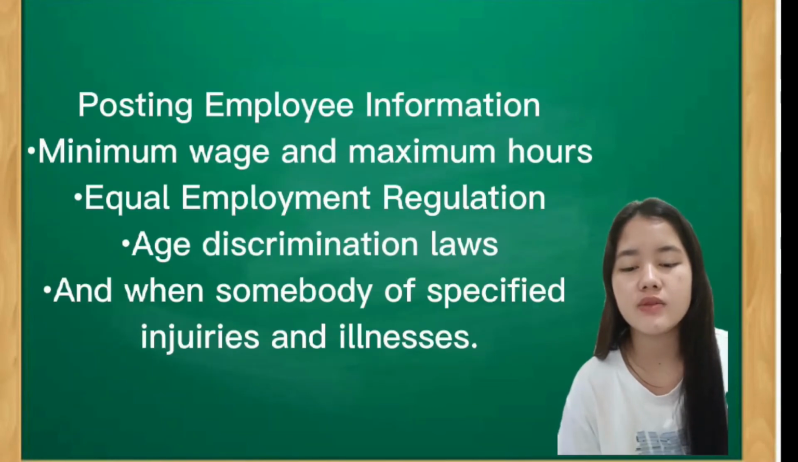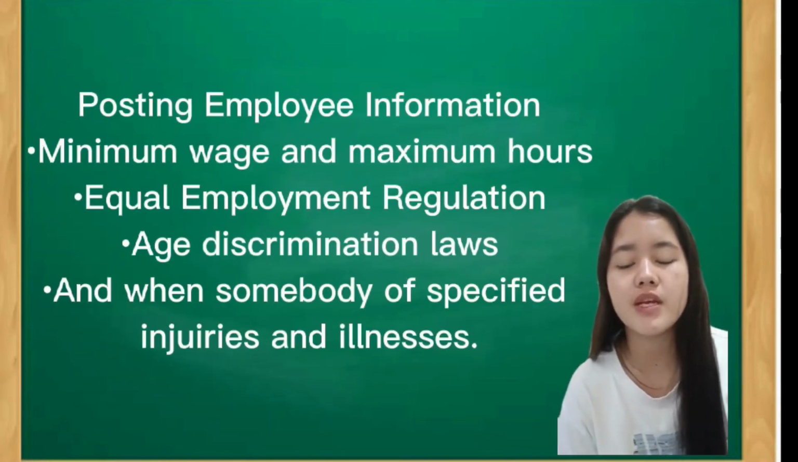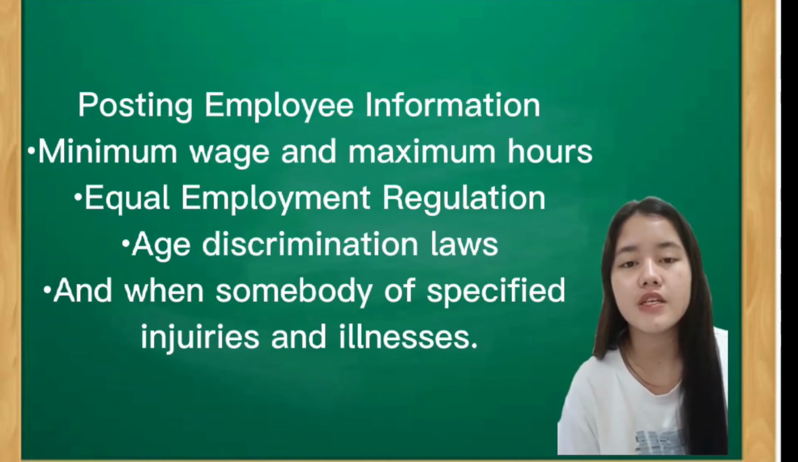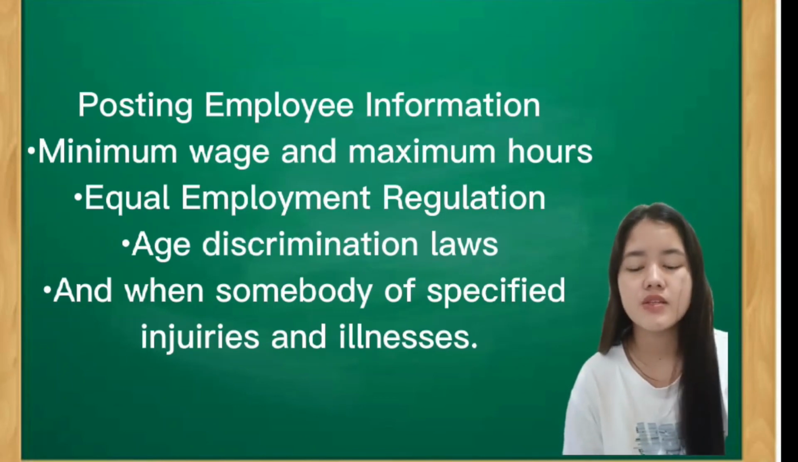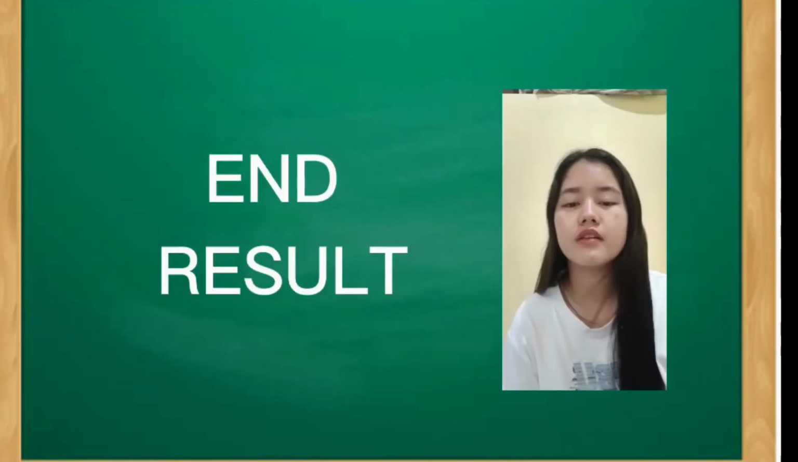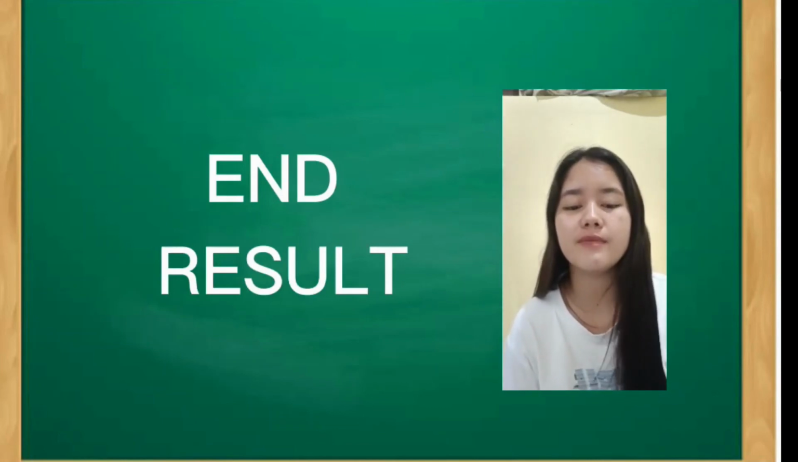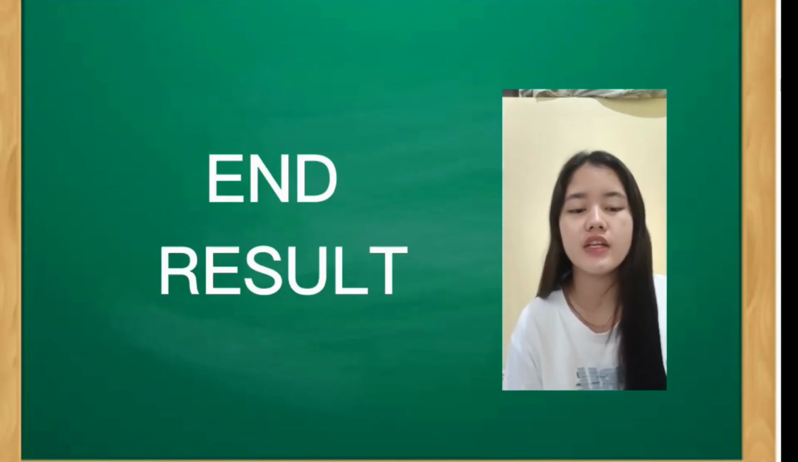And then the next one is posting employee information. Certain information must be posted in conspicuous places used by employees: minimum wage and maximum hours, equal employment regulations, age discrimination laws, and notices of specified injuries and illnesses. So, as an end result, one way to upgrade the quality of programs is through accreditation, a